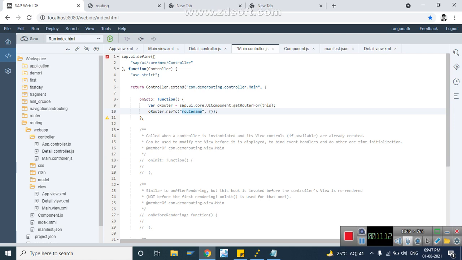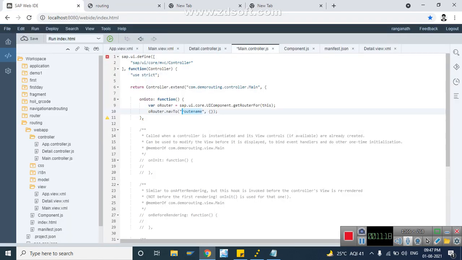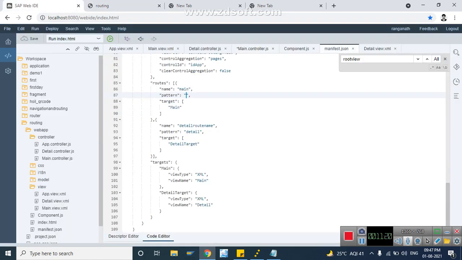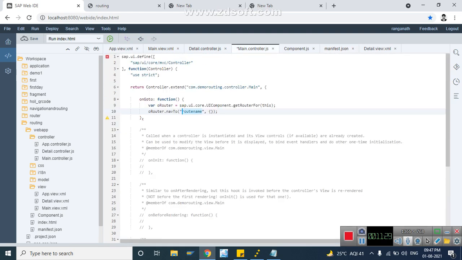Here in the main view we want to go to the detail view, so we need to give the detail route name. So we'll give detail route name. Okay, let's run now.